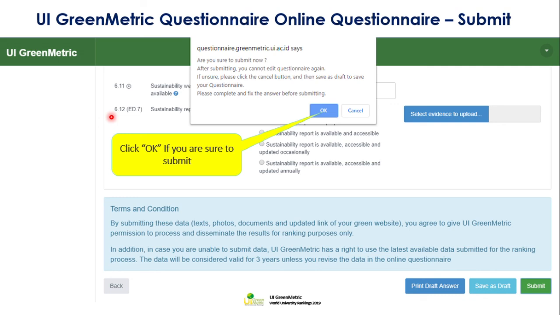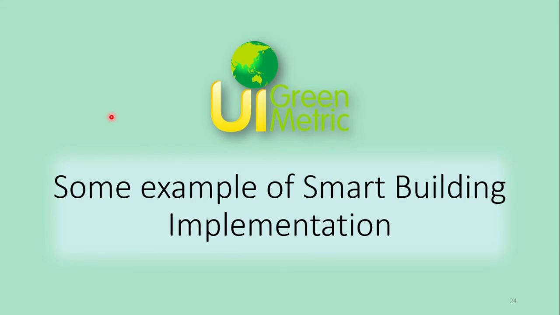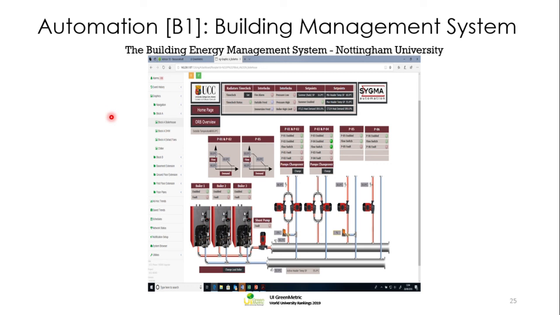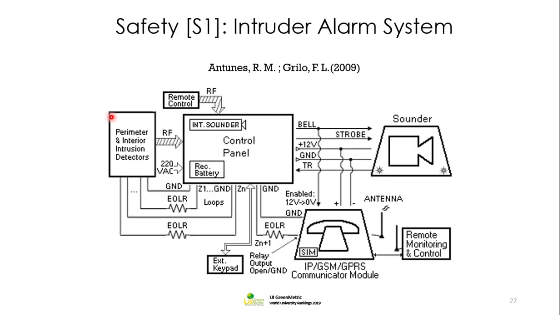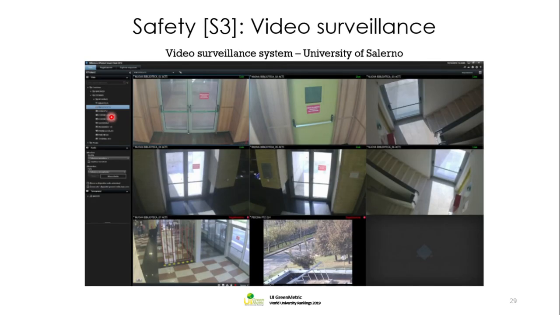But before I finish, I'd like to show you some examples of smart building implementation. This slide shows an example of automation for a building management system. And this is an example of safety, an intruder alarm system, another example of safety for firefighting, another example of safety for video surveillance,